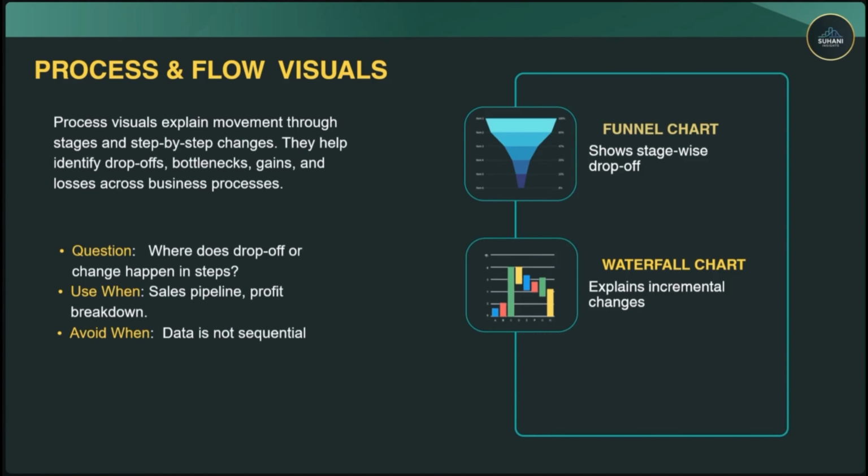And if we talk about the waterfall chart now, it helps us to understand the incremental changes which are happening in the breakdown. For example, here the green one is the total sales, the yellow one is the profits, and the red one is the loss. If the company is making any loss, the chart will go down, and if the company is making any profit, the chart will go up, and the longer bar will be the total of that. So it shows the pipeline of the incremental changes which are happening in the company.